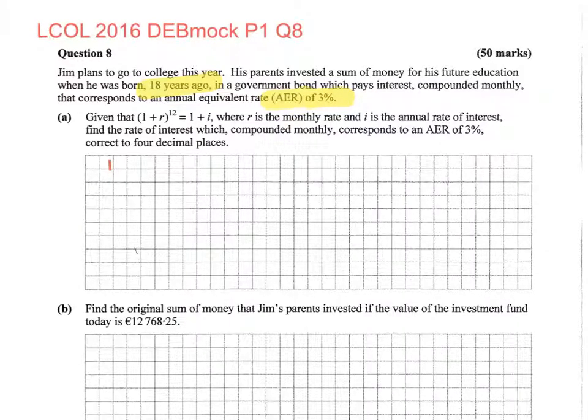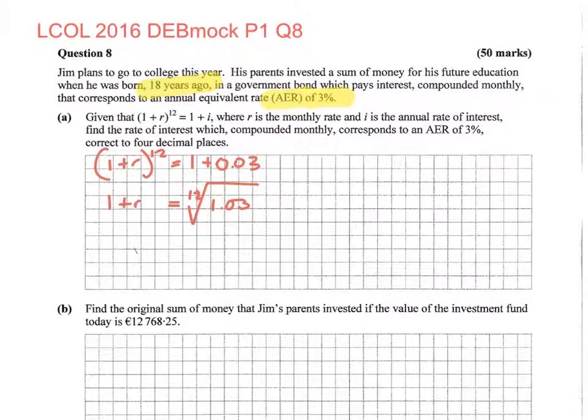So we're solving for this statement. They've given us this statement for an interest rate of 0.03 as a decimal, and I have to solve that. So how do I solve something to the power of 12? Well, I do the 12th root. You'd need your calculator to do that,